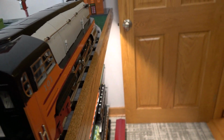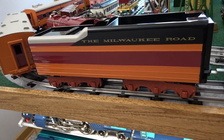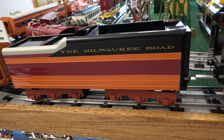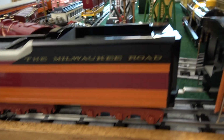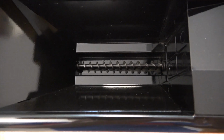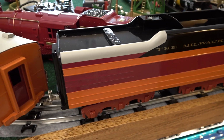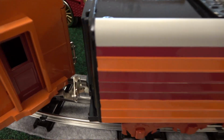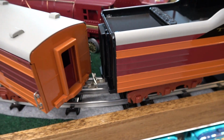And they have a little bit of detail in the cab here. So there is some cab detail in the back there. And then the tender. It's got great paint on it. All matching trucks here, same color. Even has the sort of screw for feeding the coal down there. So kind of cool. So, standard Lionel couplers. These things are crazy. I don't know what they were thinking when they made these things, but...